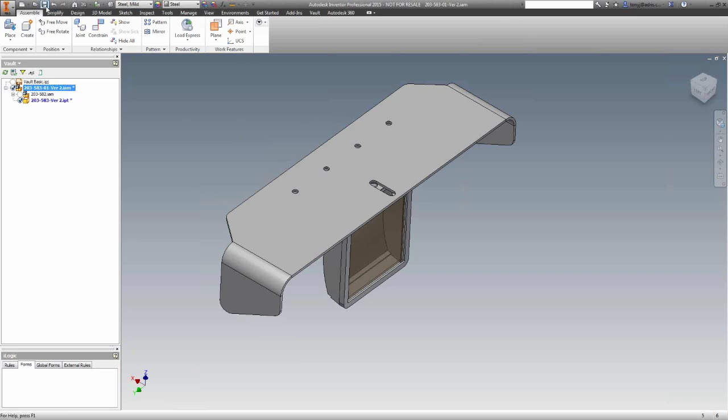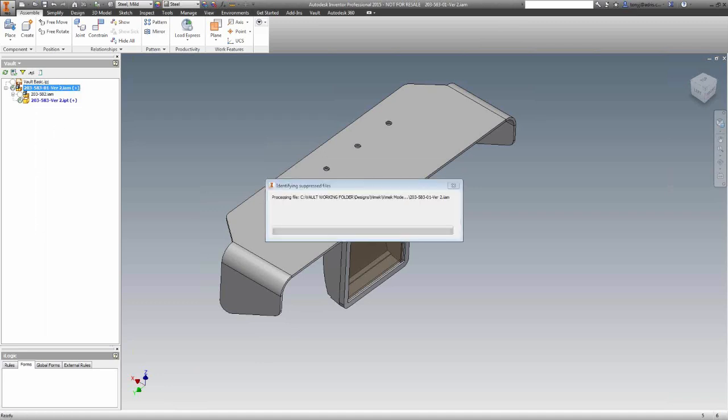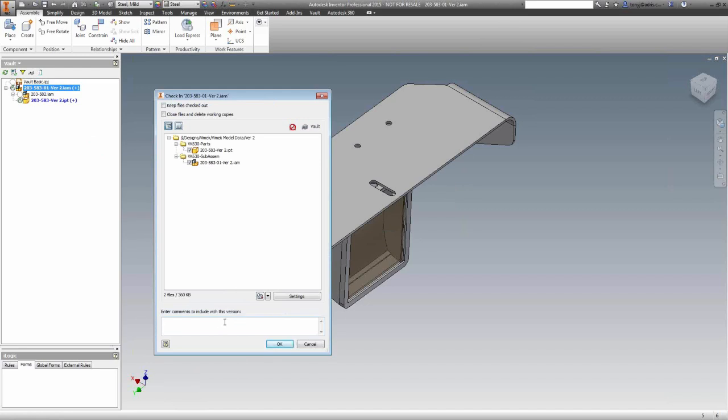So the first thing I need to do is save that file, update those. You see the symbol goes green. That indicates that the one local is newer than the one in the server. And when I check the file in, I can add a comment in here saying reduce version to single light source, round off sharp corners. Now it's quite important to make sure that you put comments in here, because